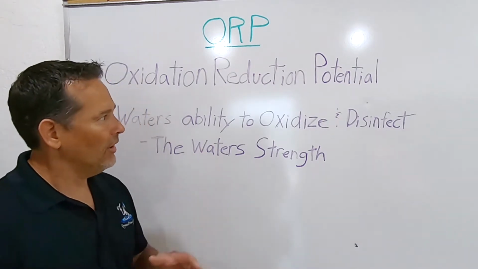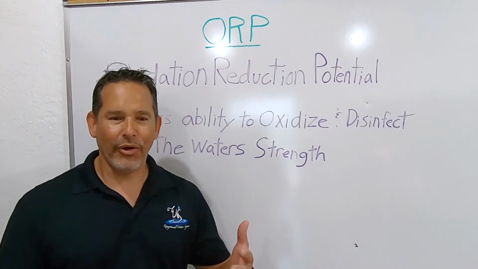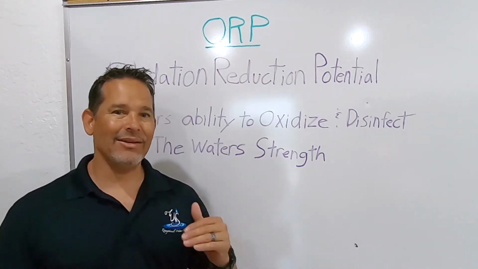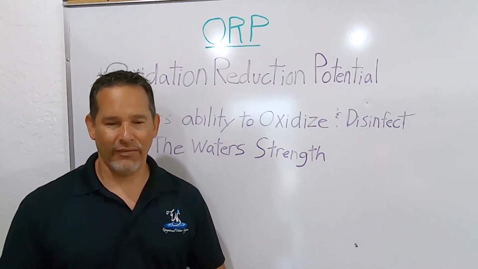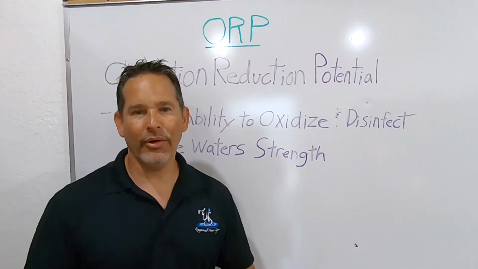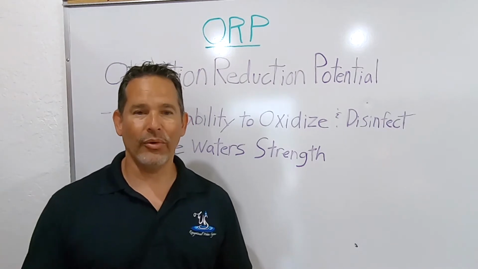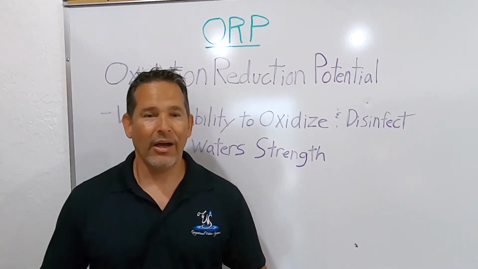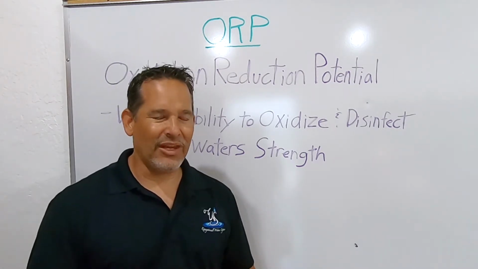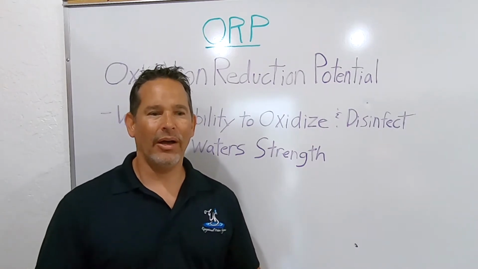So typically a rule of thumb is knowing that the higher the ORP number, the higher the oxidizing capacity of that body of water. So typically you want to see an ORP number anywhere between 650 and 700 or higher. Ideally, and the reason why that is, science proves that at an ORP of about 650 and higher, that's when the water has the ability to